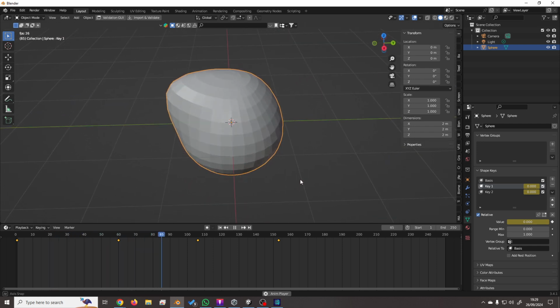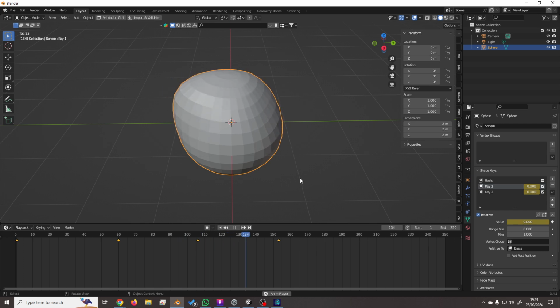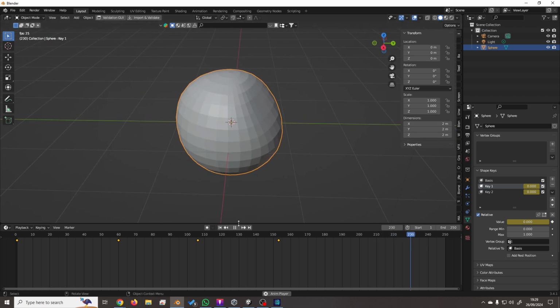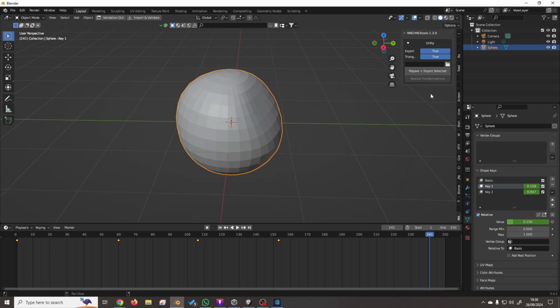you can see it's all doing weird stuff. Can you do that in Unity too, or is that only in Blender? This is currently in Blender, but if I was to export it,